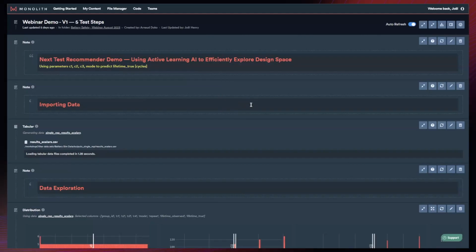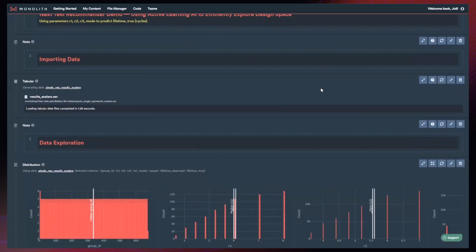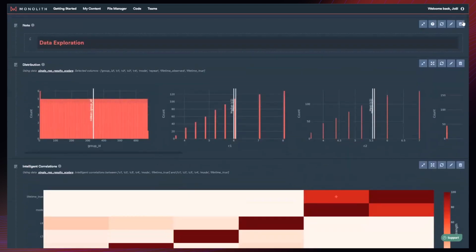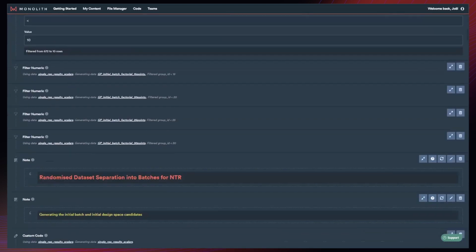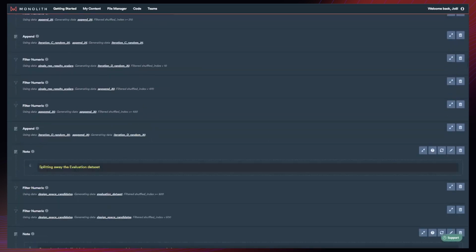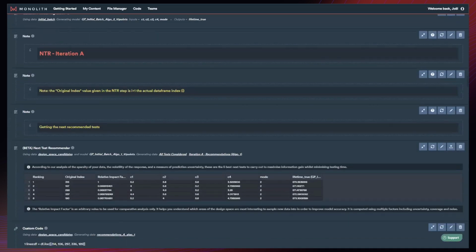And before I show you the new steps of the recommender evaluation, I want to show you how it would be done otherwise in the platform, because you could technically do it, but it would be very iterative, as you will see here. So what you would have to do is to basically bring your data, load your data, and then you would have to iteratively sample from your data using the different next test recommender feature,